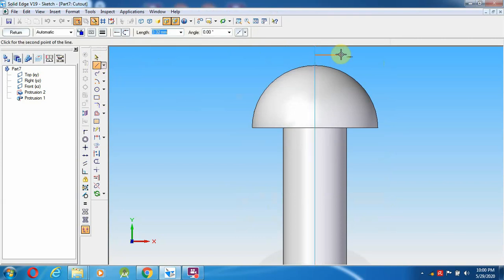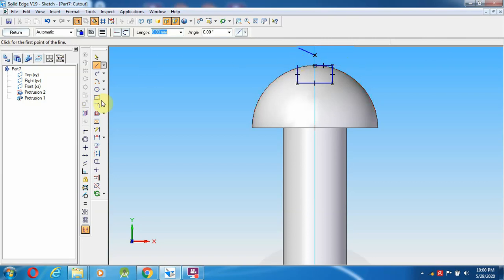So horizontal side 2.25, select exactly in the middle to 2.25, enter, down 2.25, enter, now 4.5 mm, 4.5, enter, above 2.25.